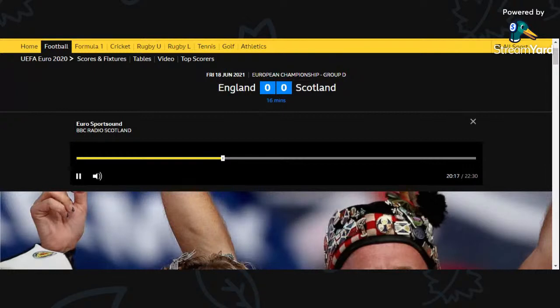So it's two yellows and you miss the next game in tournament play, major finals play. As we see replays of Gareth Southgate's reaction to John Stones' header, which clattered off the post a few minutes ago. Stones on the ball out to Shaw. On this near side, he rolls it infield to Declan Rice, taking it for a walk up towards the edge of the centre circle, back to Stones, and then out wide right